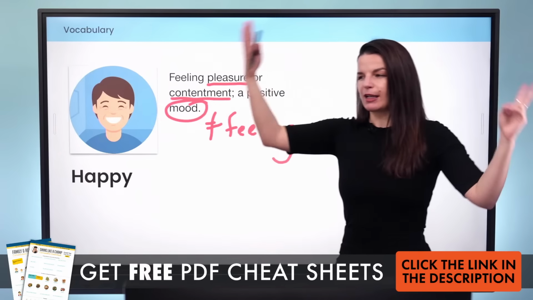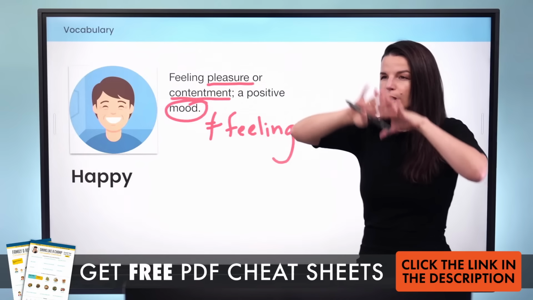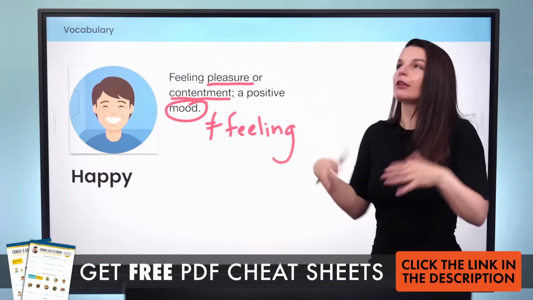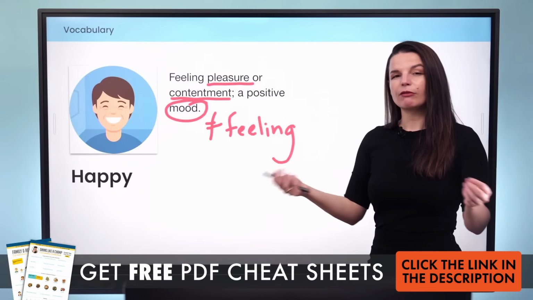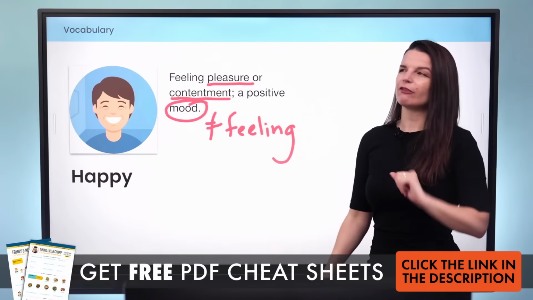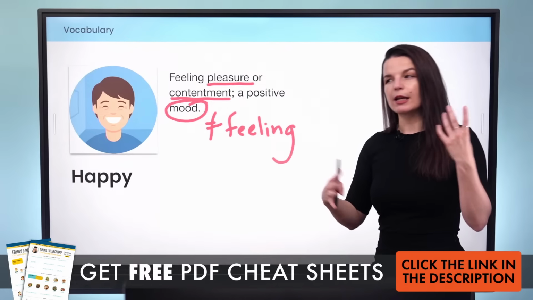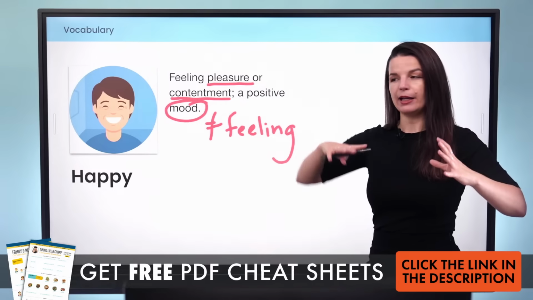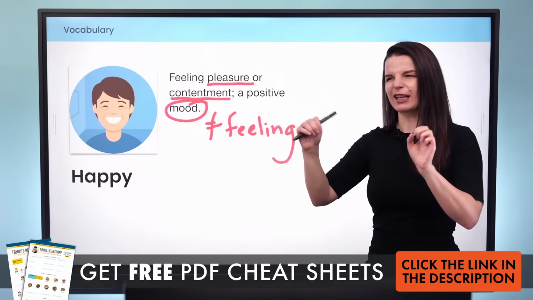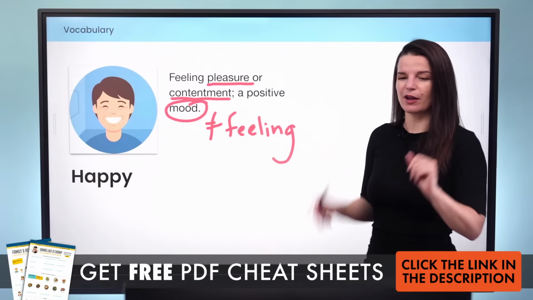It's, for example, this afternoon, he's in a bad mood. So mood is more like a longer time period. A feeling can be a long time, but a feeling is more like specific, yeah? So we don't say, for example, I'm in a hungry mood. No. We usually say that moods are good or bad, and they're more general over a period of time. Usually like a day, like, oh, she's in a good mood today. So I hope that helps you a little bit.